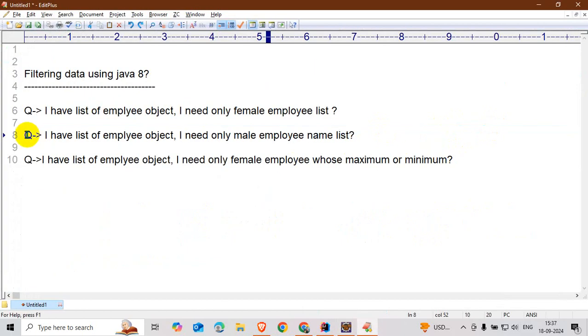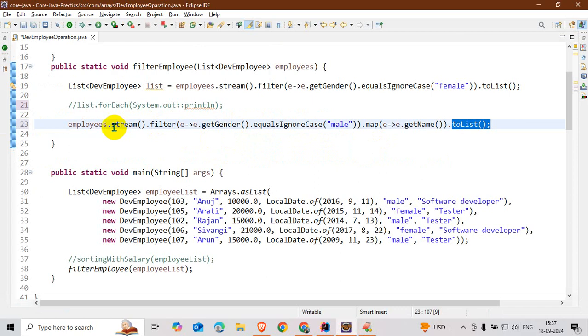Understand the question once again. First, I have an employee list. I have a list of employees, and I need only the male employee name list. So first of all I create the stream of objects, and I want to filter the data whose gender is male.